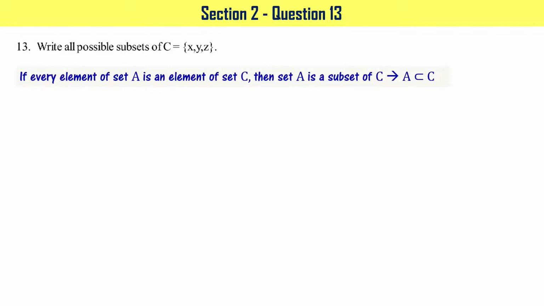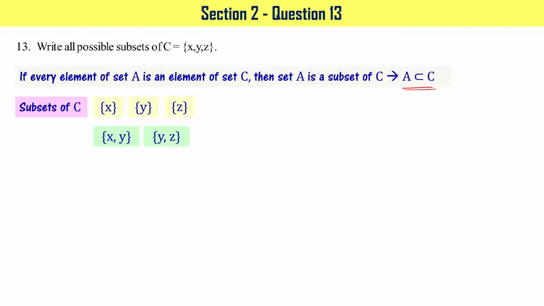If every element of set A is an element of set C, then set A is called a subset of C, right? That is denoted mathematically as A is a subset of C. Now let's write the subsets of C. The sets containing only one element, like {X}, {Y} and {Z}. These three are subsets of C, right? The sets containing only two elements are also going to be subsets of the set given here, right? {X, Y}, {Y, Z}, {X, Z},